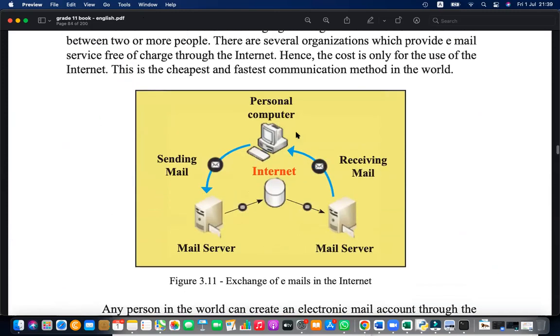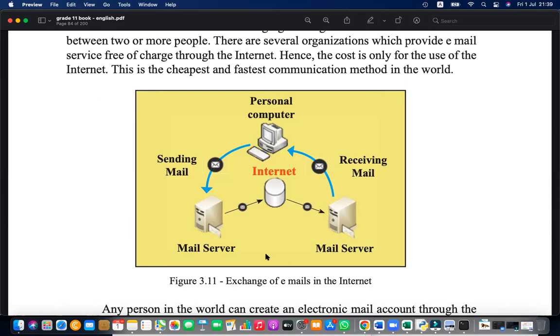Electronic mail: sending and receiving emails. So a mail server is there, and you send your email to your mail server. Your mail server transports that to the other mail server, so then the receiver can download from that. This is like sending a postal letter. You send to your post office, your post office will exchange that with another post office, and ultimately the receiver's post office will deliver it. That is like a post office, right?